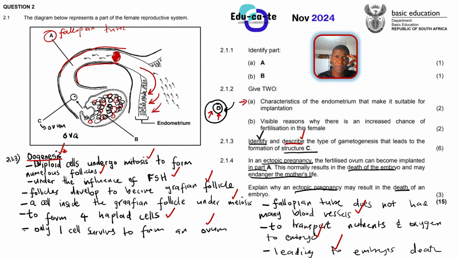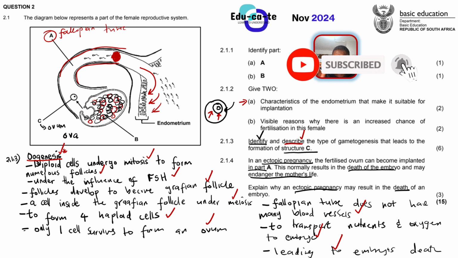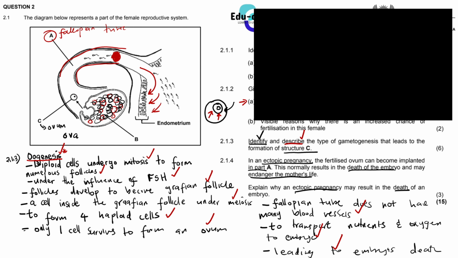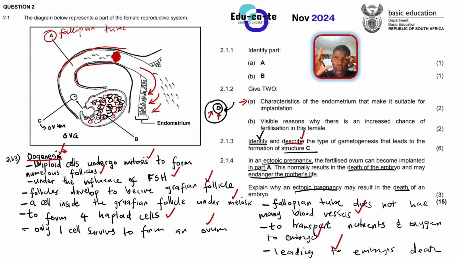You can also mention other points to say that if the embryo was going to implant here, the fallopian tube doesn't have thickness. It is not thick and there is less space in the fallopian tube. So if this embryo was to grow in the fallopian tube, it will actually endanger the mother's life. The fallopian tube will become swollen. The fallopian tube is just a tube. It is not supposed to become bigger and bigger and bigger. So if the baby was to implant there, what will happen? That will cause a serious problem. So you can mention all of those points and you'll get your full 3 marks.